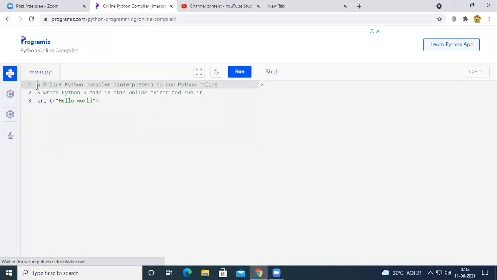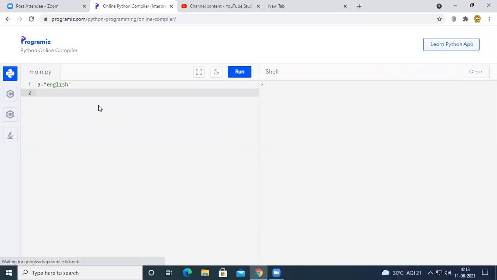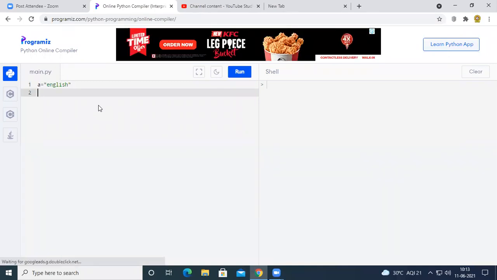For example, if we take a equal to English, and use the enumerate function, b equal to enumerate of a, and print b,